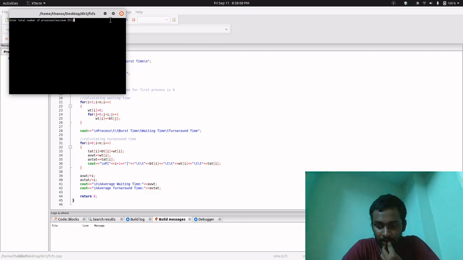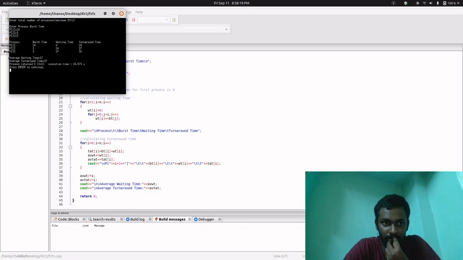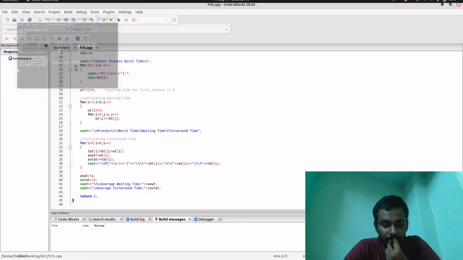We are giving 3 processes this time. The first process is 24, the second process is 3, and the third process is also 3. So the average waiting time is 17 and the average turnaround time is 27. So this is how the